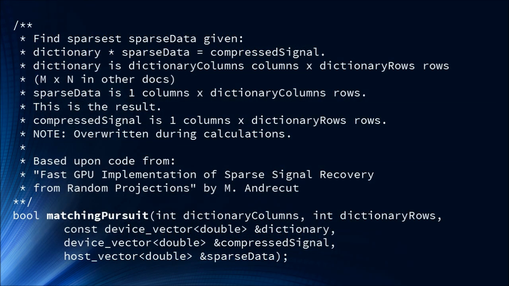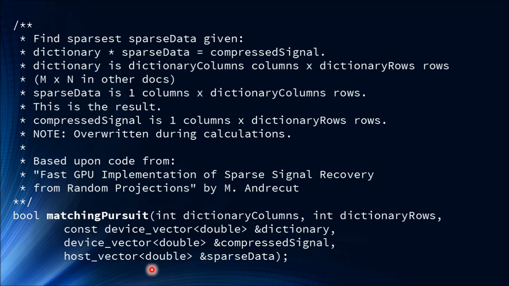However, I ran across a really great paper, and I'm very grateful. These researchers published code for CPU and GPU. They used CUDA for NVIDIA. They used cuBLAS, and so I started with their code. This really got me thinking, hey, this is possible. This is doable. So I started with their code, converted it to use the thrust library, which you see down here in our prototype. Our device vector, host vector, that's thrust. NVIDIA distributes the thrust open source project as part of CUDA. So I made this work with thrust.